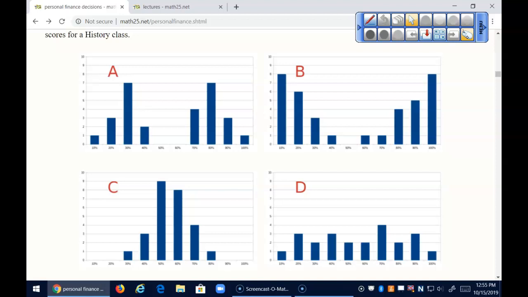So which of these four has the lowest standard deviation? Things are most clumped in the middle. C is the most clumped. More things are in the middle. The average is going to represent more things in this group. Very few are too big or too small. Which one is next for standard deviation?